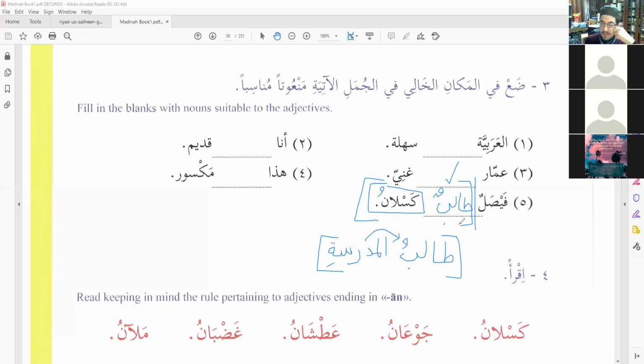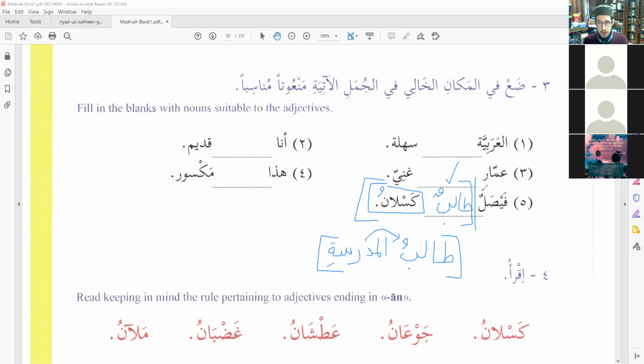So I'm so sorry to interrupt. Go ahead. Not at all. I'm trying to distinguish between the previous exercise, where we said, for example, Abbasun Tajirun Shahirun, where we did the whole Sifa Mawsoof thing, and now with Faisalun, Talibun, Kaslanun, we changed our minds. What was the difference between those two examples?